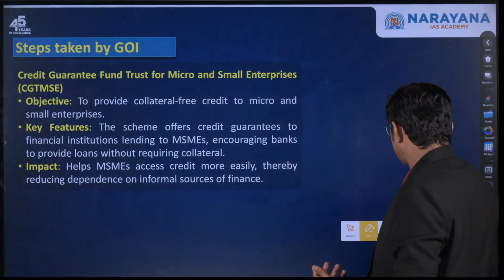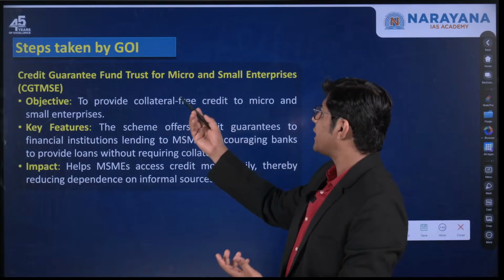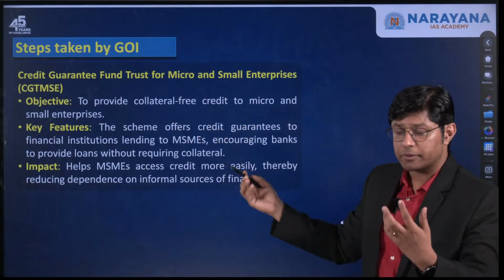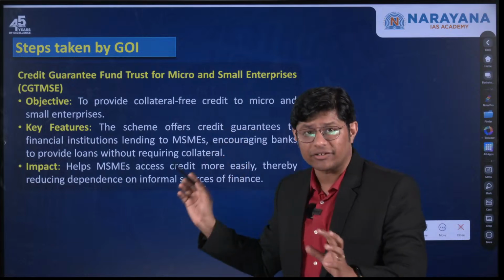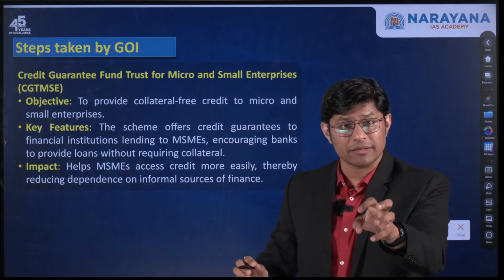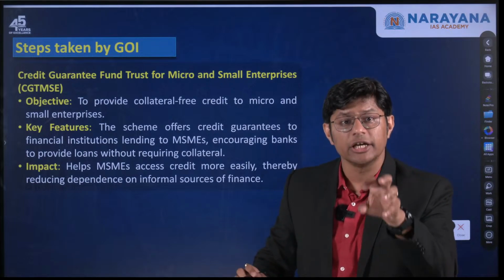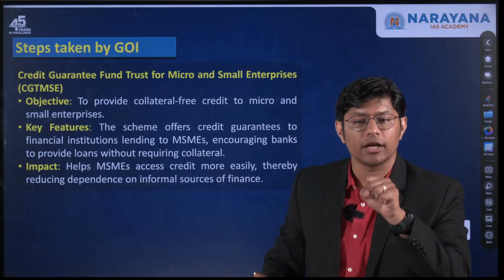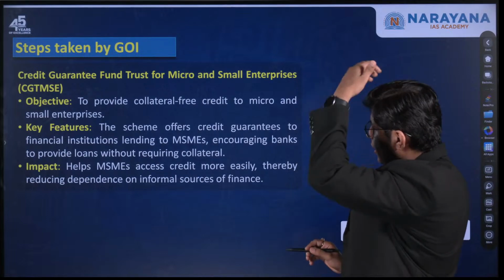For example, the first one is the Credit Guarantee Fund for MSME. The purpose is to provide collateral free credit, which means without mortgaging their assets, the MSME industries should be in a position to avail loans, right? The second,